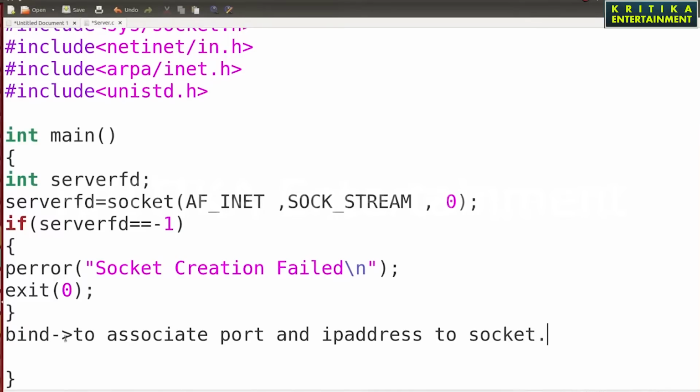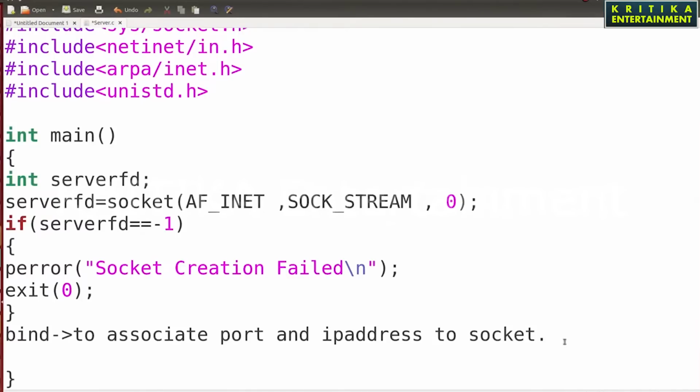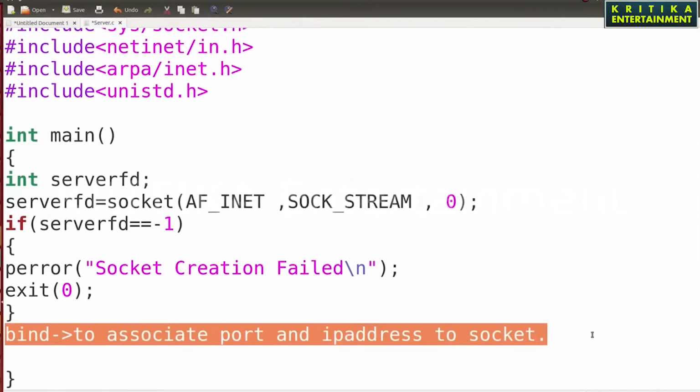That means the socket, server_fd, is created till now, but the IP address has not been added yet. If you want to add the IP address to this communication endpoint, use the bind function to associate the port and IP address to the socket. So before adding this IP address and port, you have to declare one internet structure.